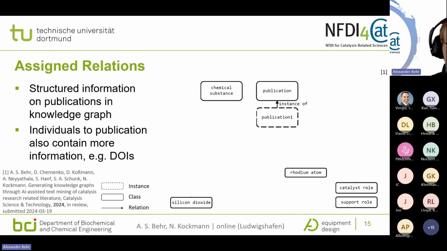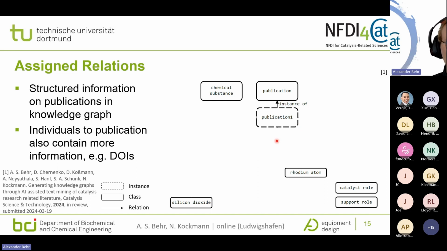So what did we do? Basically, if you come up with some publication on catalysis science, you might have something like this here. I will walk you through what in principle our workflow does. And afterwards, we'll show you an example from Protégé from this resulting knowledge graph. So first,